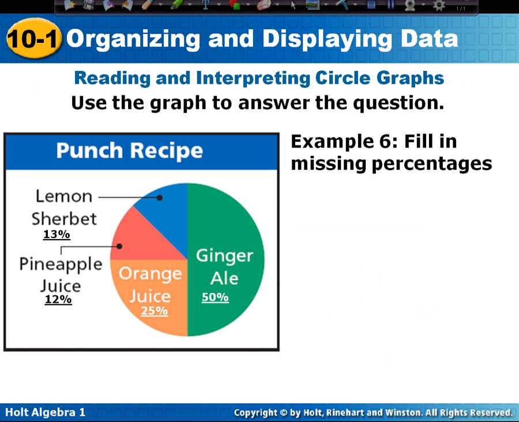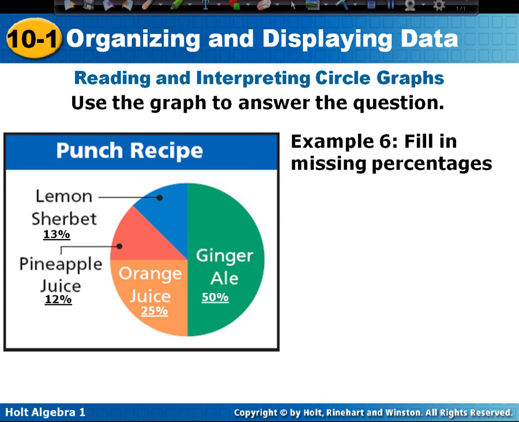All right, we're going to use the circle graph to answer the next question. It says, fill in the missing percentages. On your paper, fill in the missing percentages, and I think that it would be best for you here, instead of trying to cram it in here, go ahead and write it on the actual piece of the pie here. So go ahead and write 13% here on lemon sherbet,